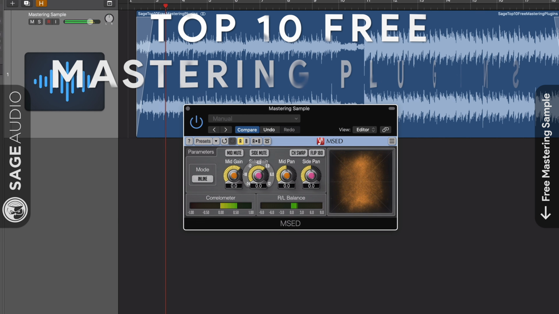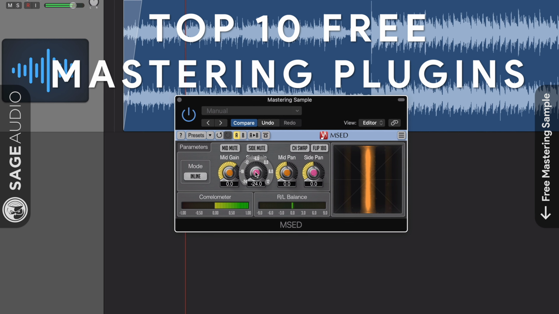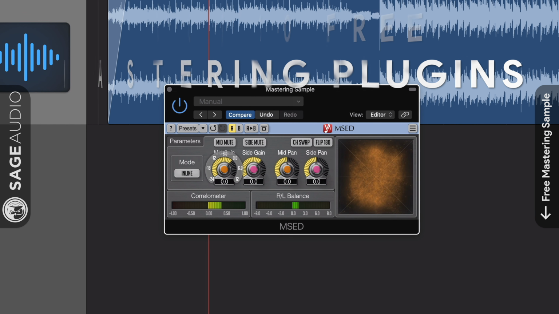Today we'll be discussing our pick for the top 10 free mastering plugins. We'll be covering some of their functionality as well as taking a listen to some of them, so stick around